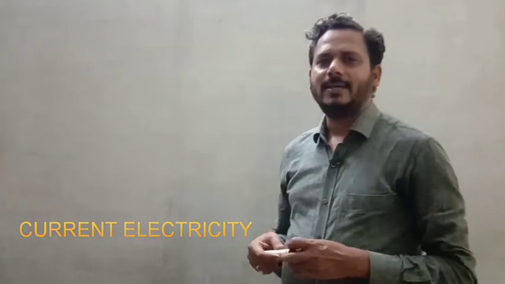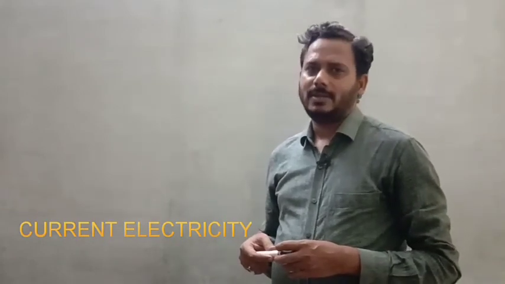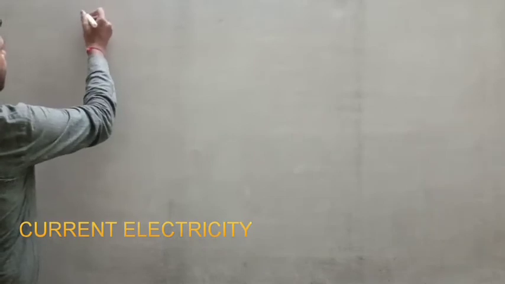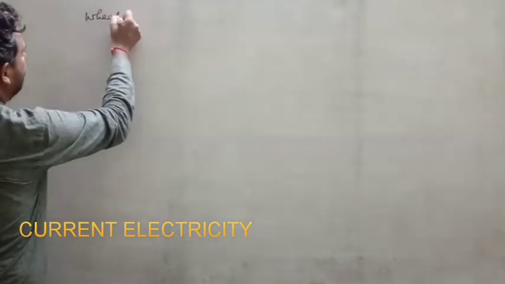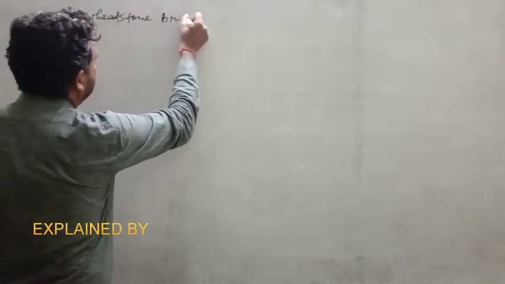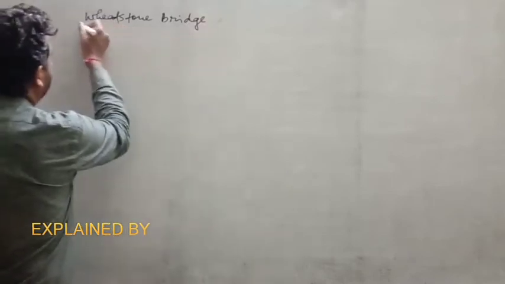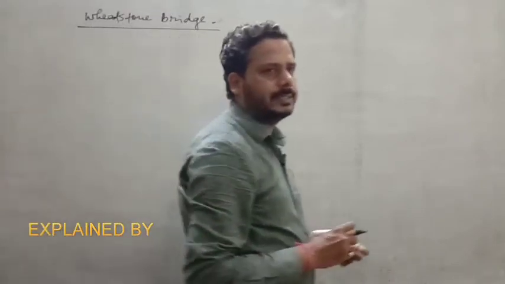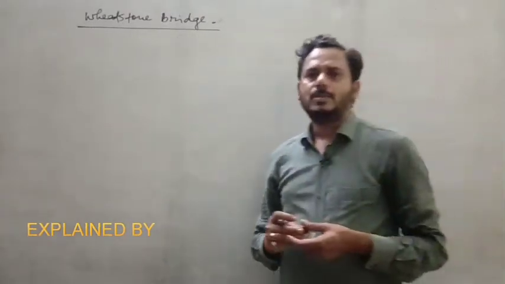Actually, Wheatstone bridge is used to find the magnitude of unknown resistance, in which we use a circuit diagram that would be quadrilateral. Alright, okay, so just see that Wheatstone bridge. Okay, so actually this bridge is in the name of a scientist Charles Wheatstone.